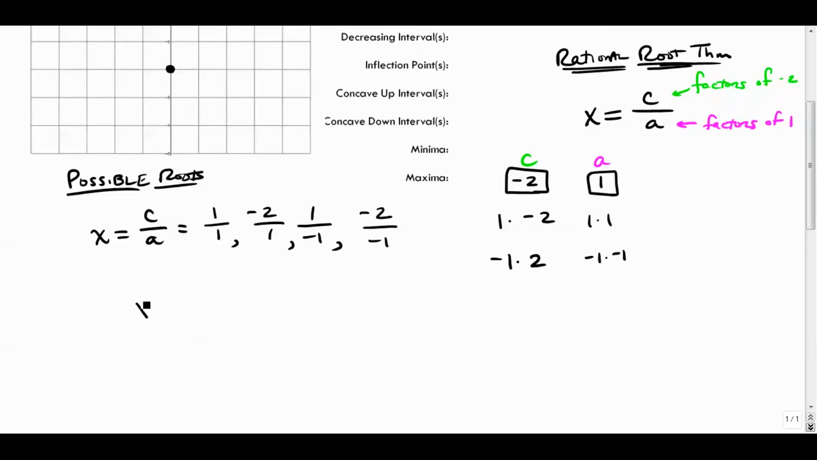So what I want to do is list all my possible rational zeros, and I'm going to simplify this. I've got +1 and -1, +2 and -2. So those are not my x-intercepts, those are my possible x-intercepts. To figure out if they actually work,